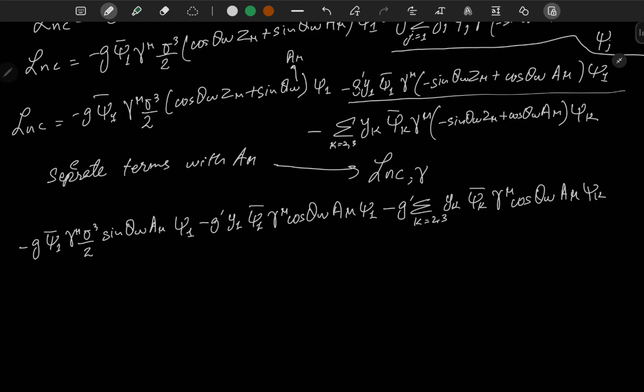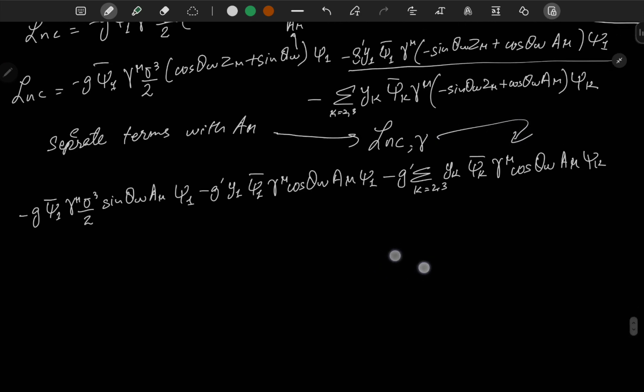So these are the terms which are mediated by gamma,